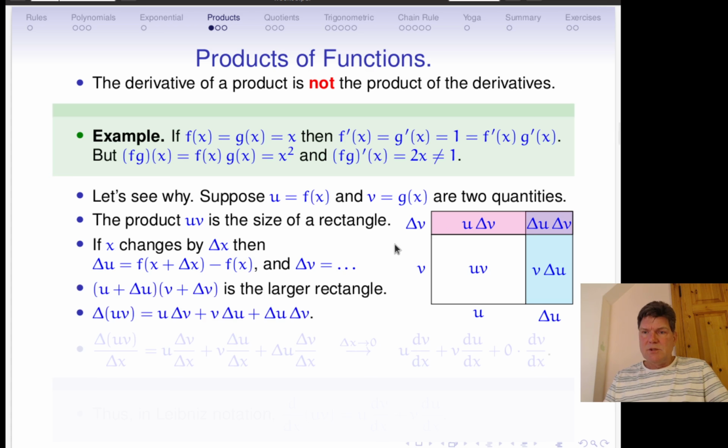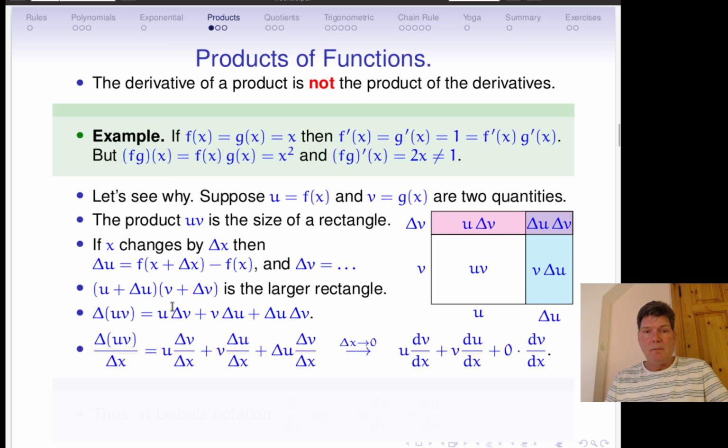The change in rectangle size is measured by these three colored rectangles. The one of size u times delta v, the one of size v times delta u, and one of size delta u times delta v. So if we want to calculate the rate of change, we divide this equation here, which describes the absolute change, by delta x,